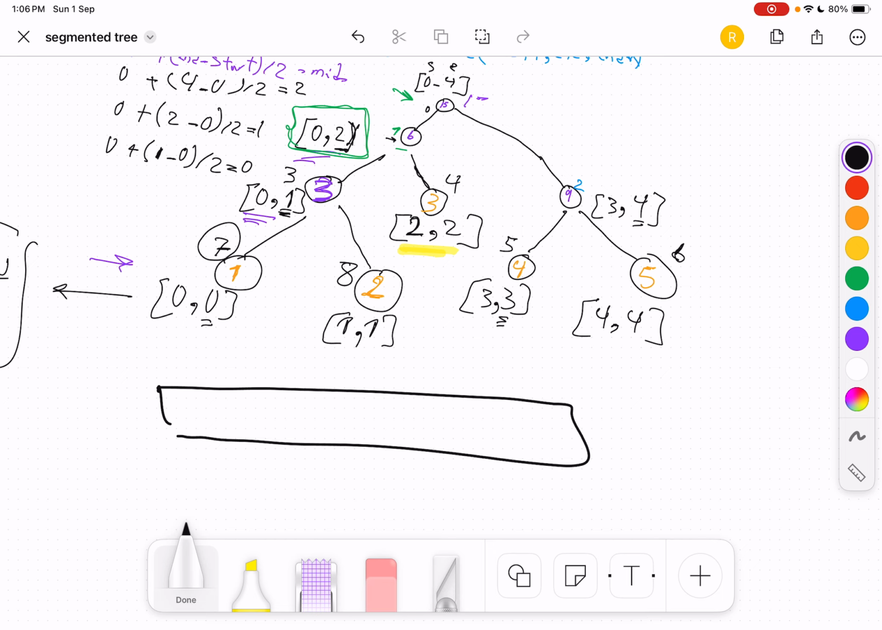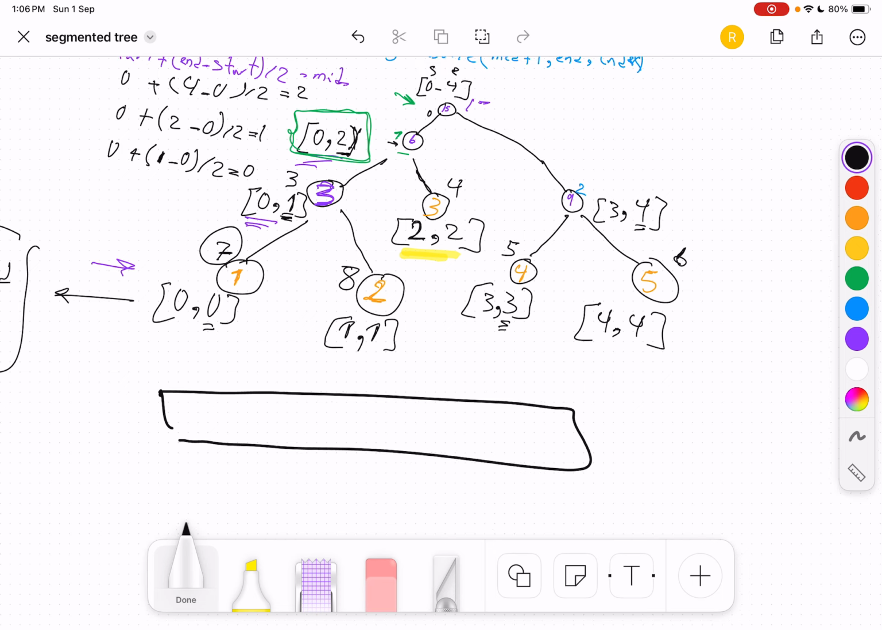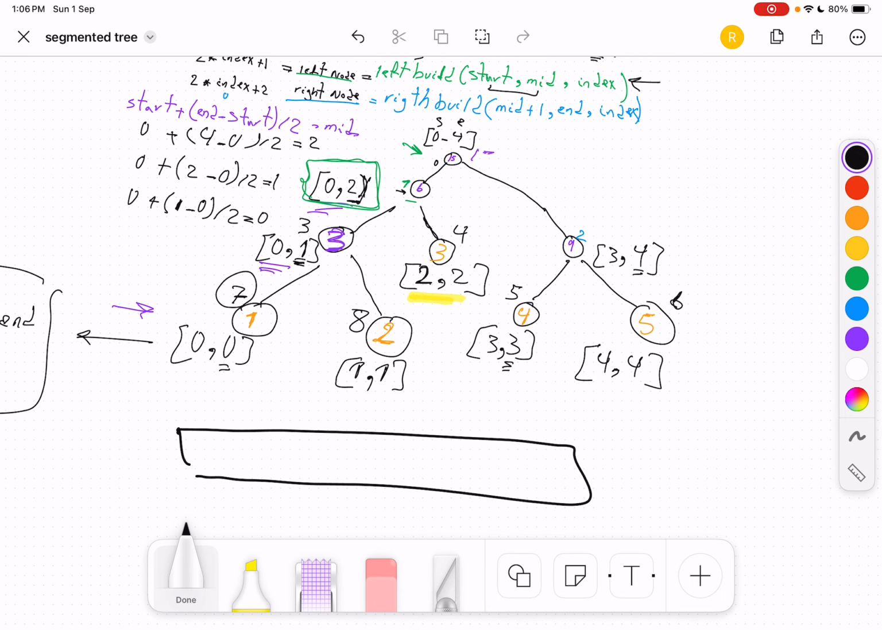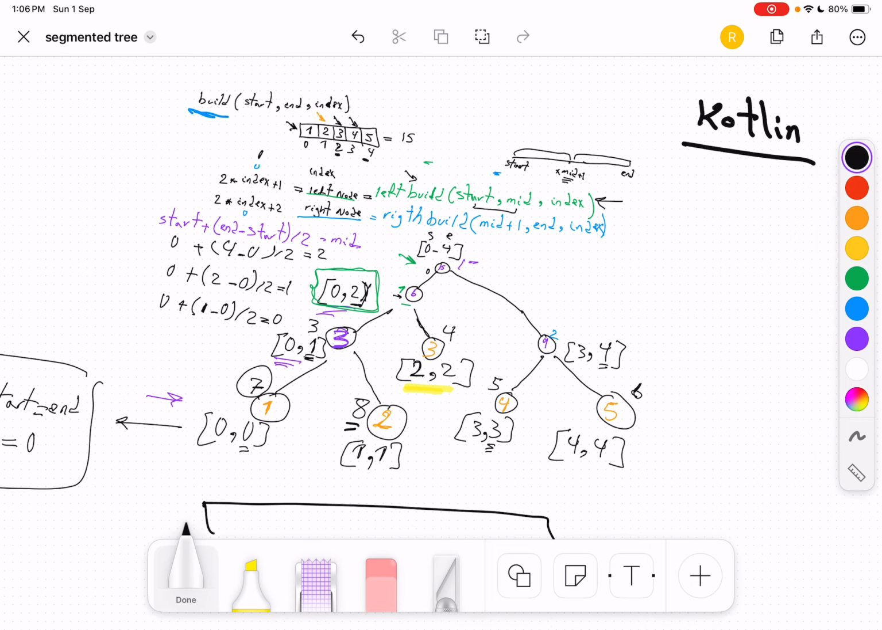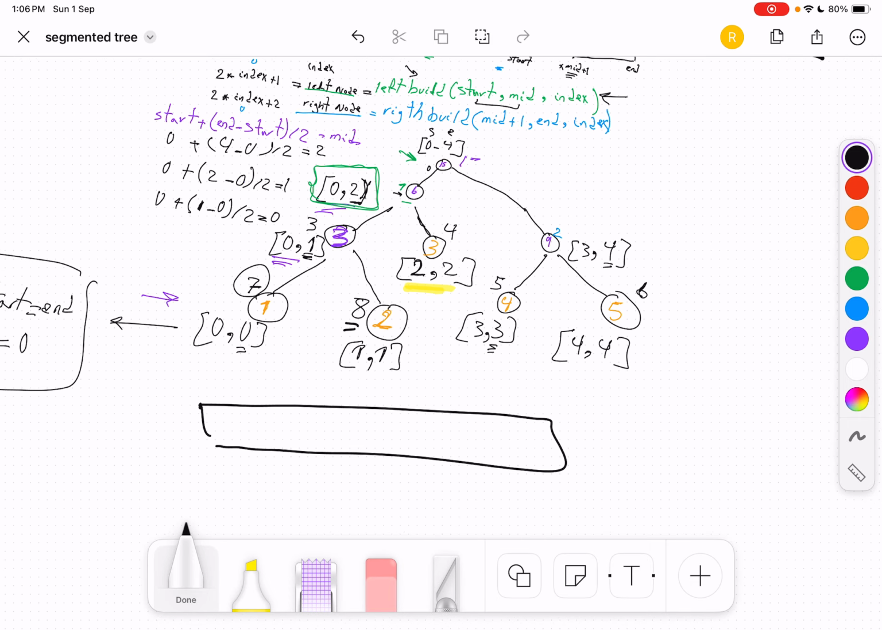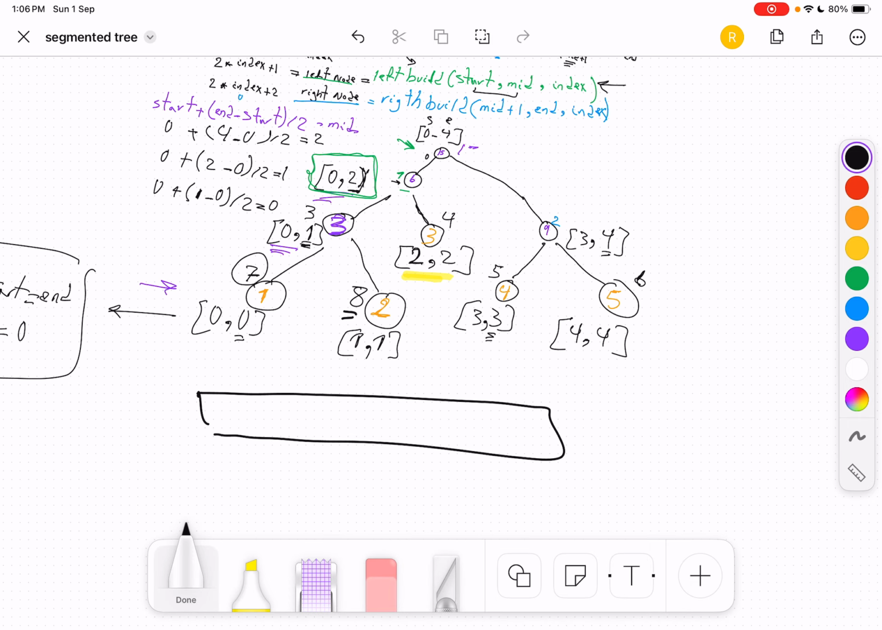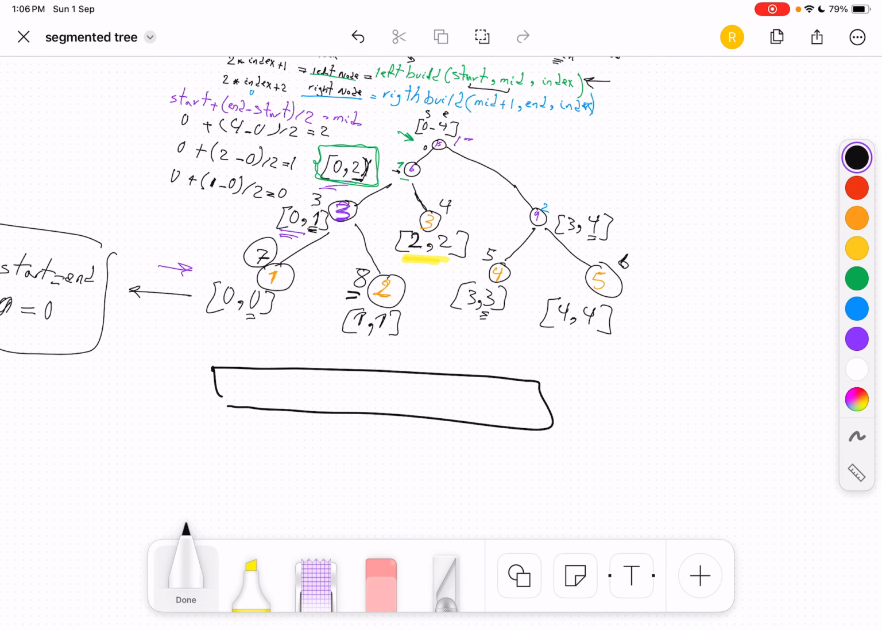And if you can see, for example, how many indexes I have, the max I can go is index 8, 9 here, and this is 5. So I can go 2 times this one, which will be 10. So the size of the segmented tree